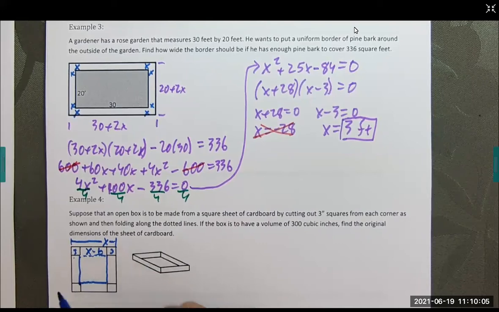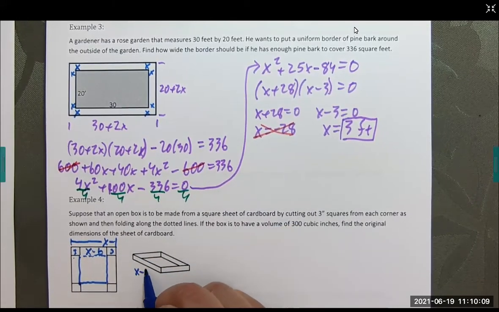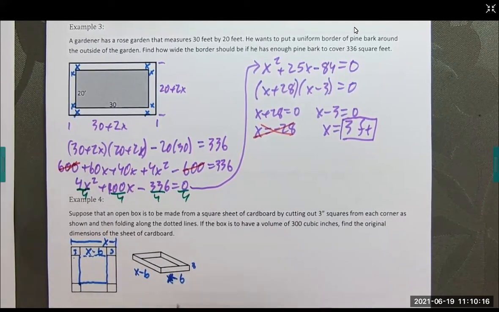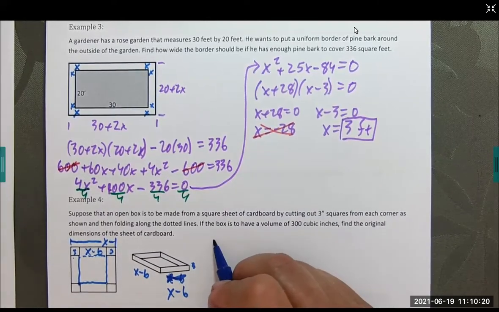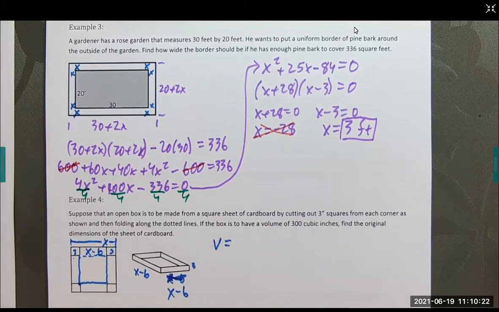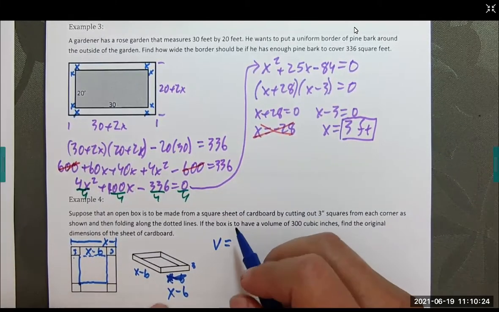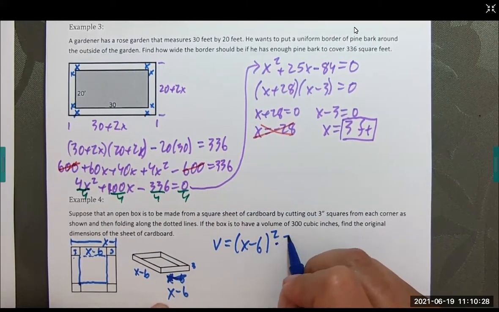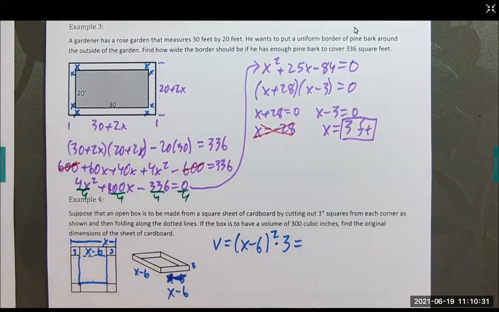So this is the base. This is x minus 6 by x minus 6. And the height is 3 inches. So the volume overall is going to be x minus 6 times x minus 6, that's x minus 6 squared times 3. And total volume should be 300